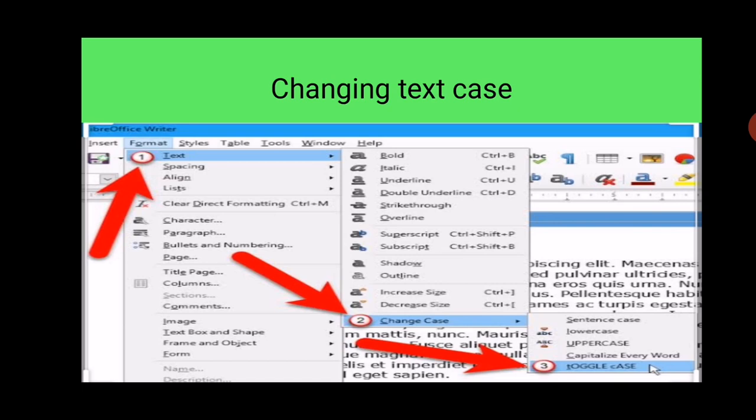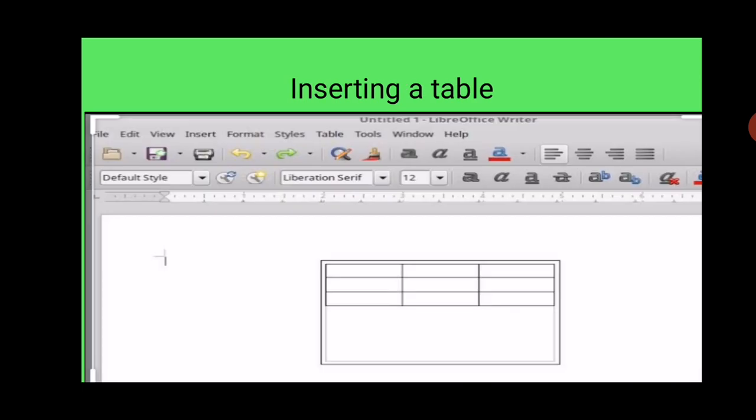To change the font style, you can just go to the style option, then you can change your style, and the font options are there. Next, how can we create a table? To create a table, first we go to the insert table option. In Table, we will click on insert table, then a table will appear. Otherwise, just use Ctrl plus F12, and you can also create a table.